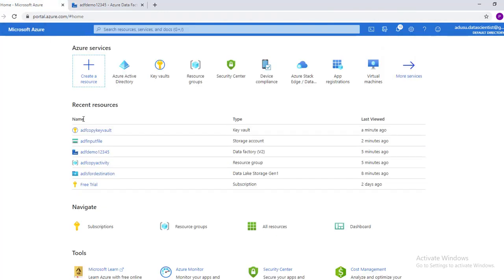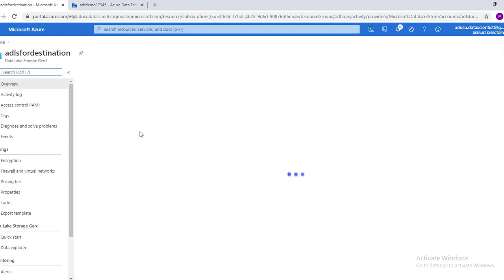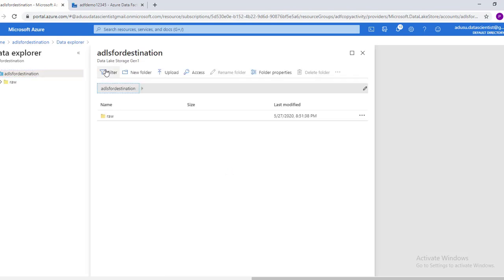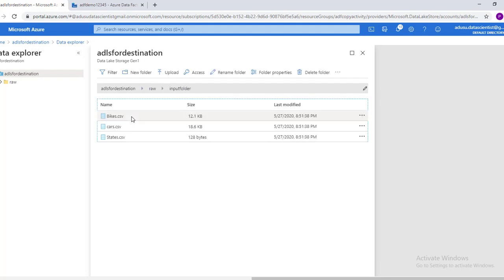Now we'll go to the data lake. In Data Explorer, we can see a folder with this name is created, and inside that there is an input folder, and all the files inside the folder are also copied.